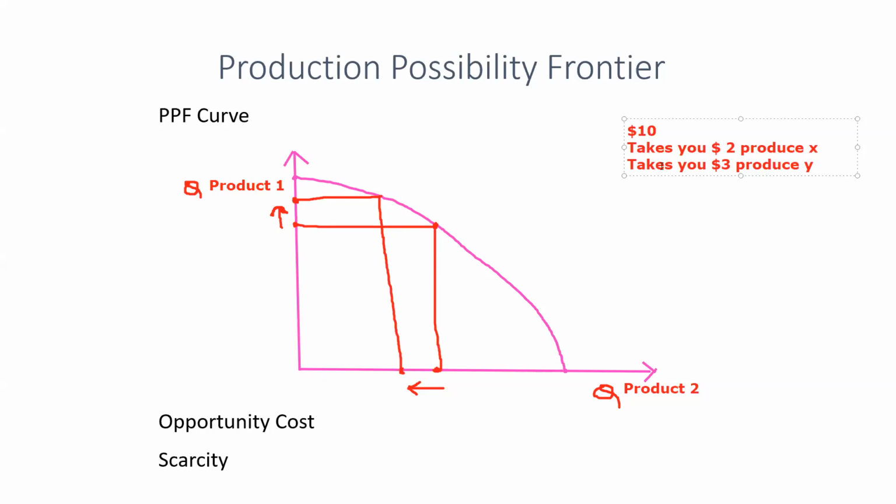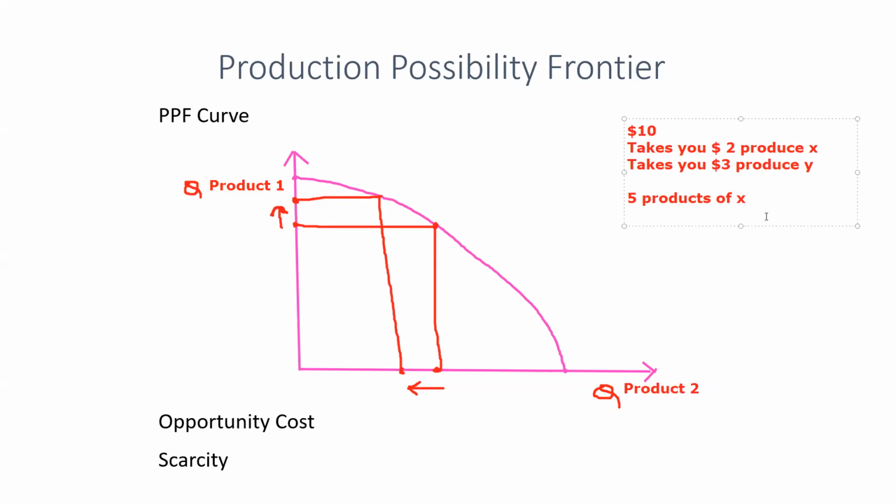So what combinations could you make from these two? You could either make 5 products of X, isn't it? So you could use up all the money, all your $10 to produce X,